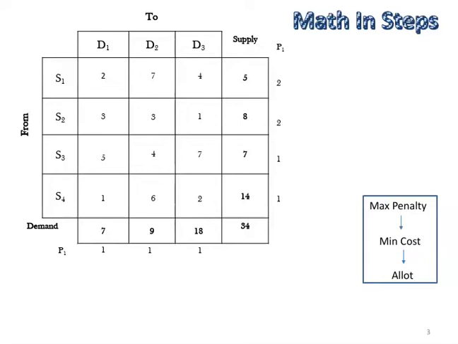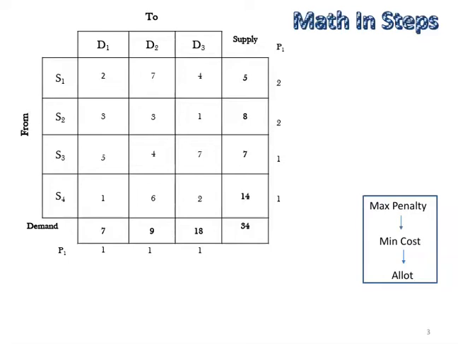In the S1 source first row the penalty is 2, in the S2 source second row also the penalty is 2. So when there is a tie in the maximum penalty, then we break that tie in the next level of minimum cost. We see which maximum penalty is having the least cost. So for the first row, the penalty 2, the minimum cost is 2. For the second row of penalty 2, the minimum cost is 1. So the least cost is 1. So we will make our allotment here at the cost 1, which is corresponding to the cell S2D3.